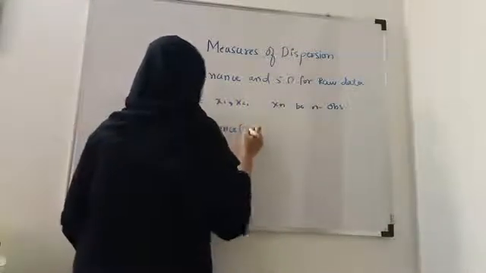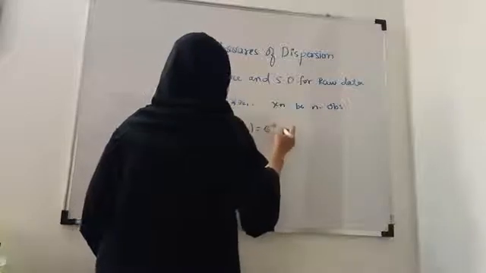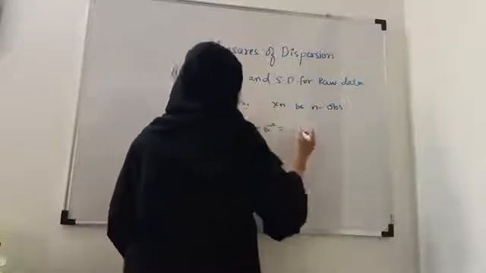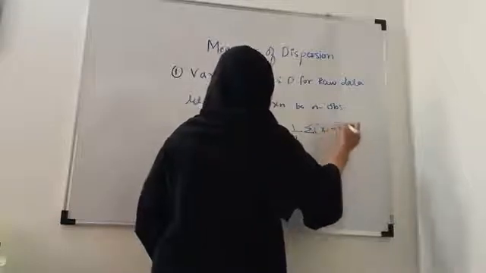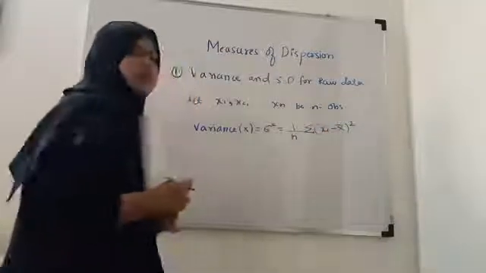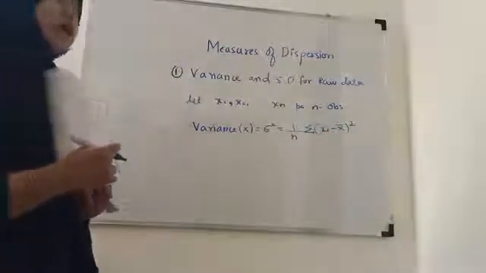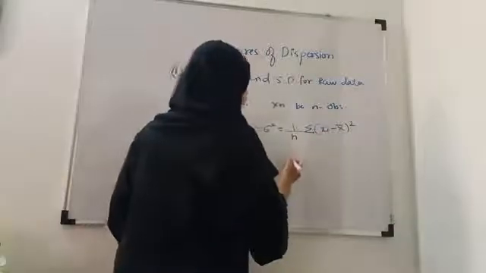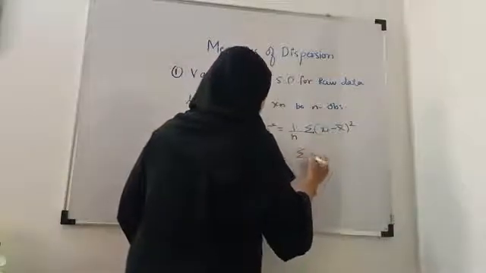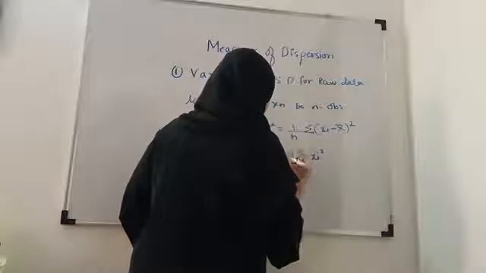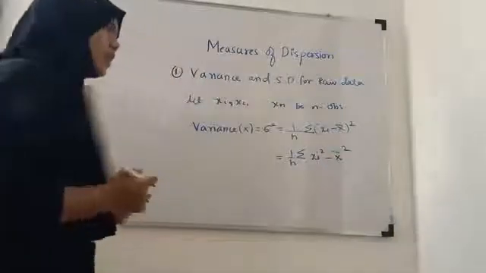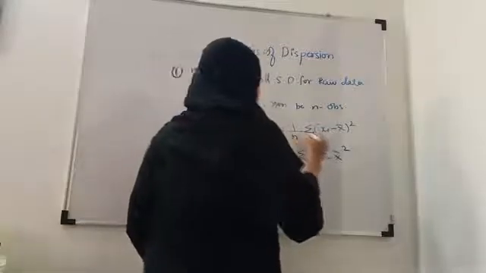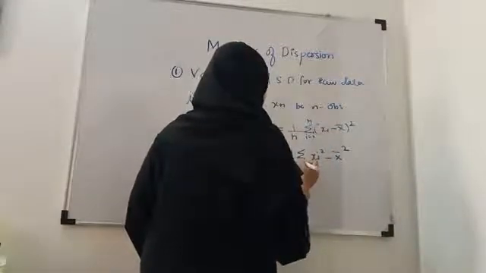Okay, n observation. Then for this, the formula for the variance is, we have seen in the last class, variance of x is denoted by sigma square and the formula is given by 1 upon n summation of xi minus x bar the whole square. Okay, so this is the formula. You can also use the compact formula, which is 1 upon n summation of xi square minus x bar the whole square. Okay, and here the i is going from 1 to n.